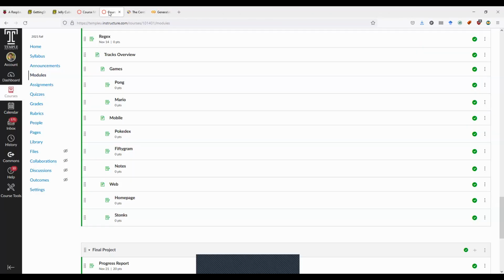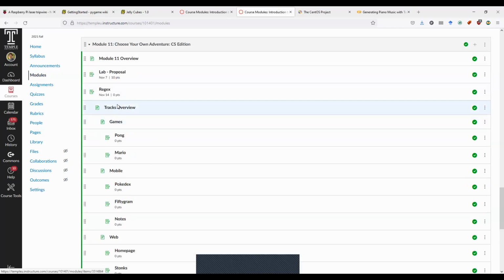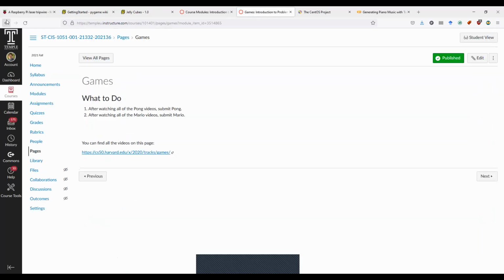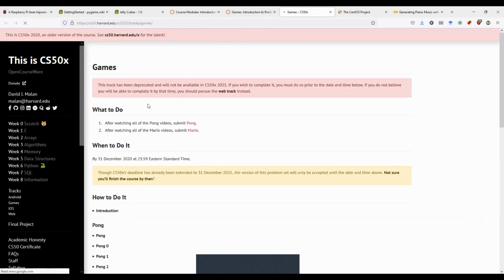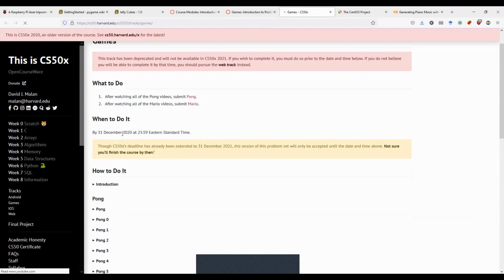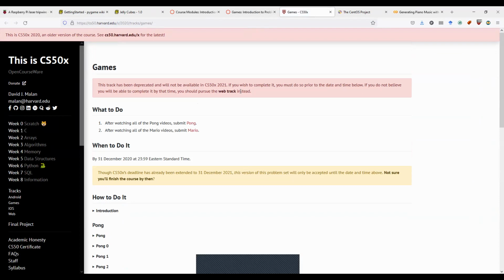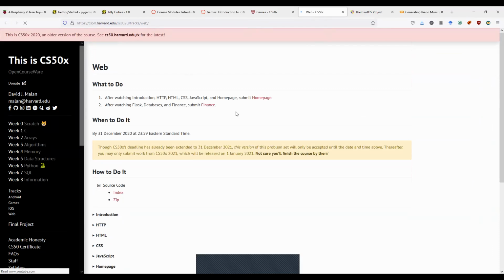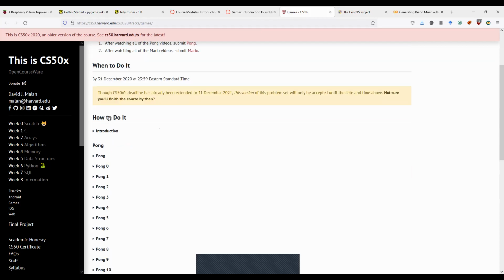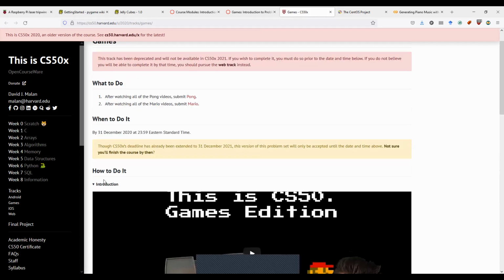Okay, while this is going, let's take a look at these tracks. So let's say that you really have no idea what to do. There are 3 different tracks that are suggested. They are linked from CS50x. That's deprecated, it's an older version. That's fine. This is built. You can also look at the web track, because they have a new version. That's okay. So what it does is it shows you how to write in a completely different language called